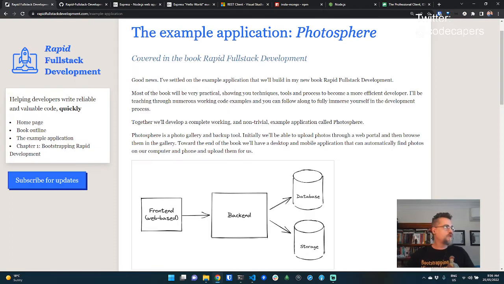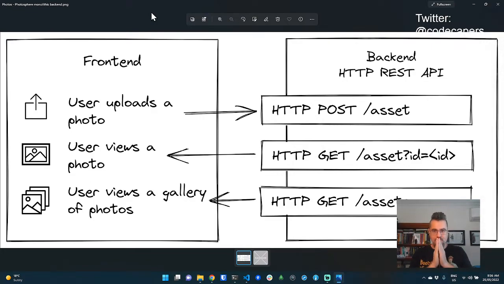Okay, I've got a quick diagram here of what we're going to be building, or what we're starting to build today. So this is a diagram of what the back end looks like, and I've also shown here that it's connected to the front end. So we're not doing the front end today. That'll be in a future live stream. But you can see here that there's a front end connected to a back end, and these are basically user stories. So these are the initial stories of what we want to be able to do with this Photosphere application.